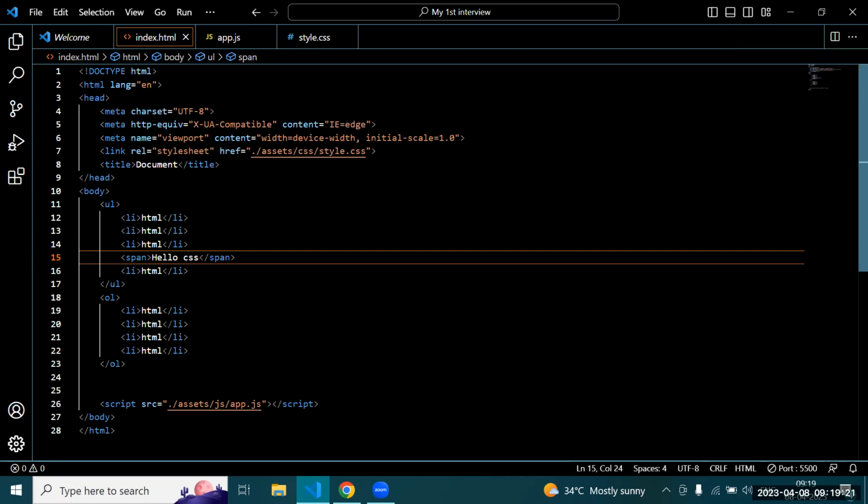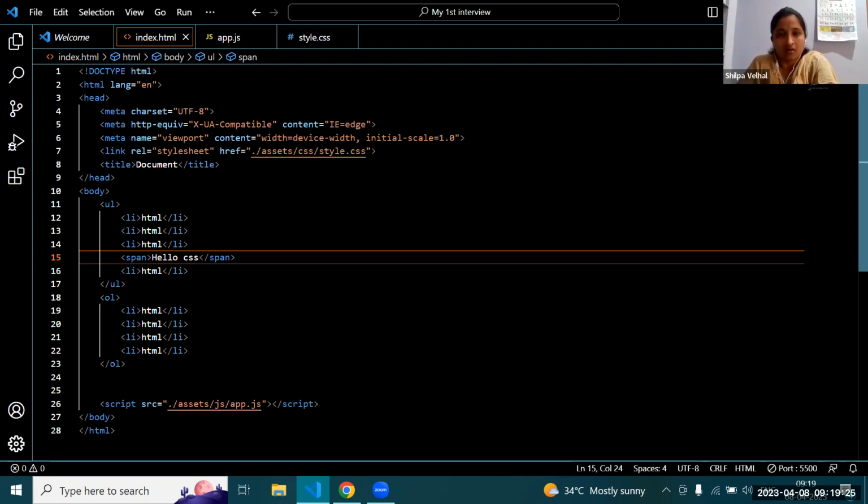What is position? Position is actually used for manipulating elements from one place to another place. There are five positions. First one is static, second is relative, third is absolute, fourth is fixed, and fifth is sticky.